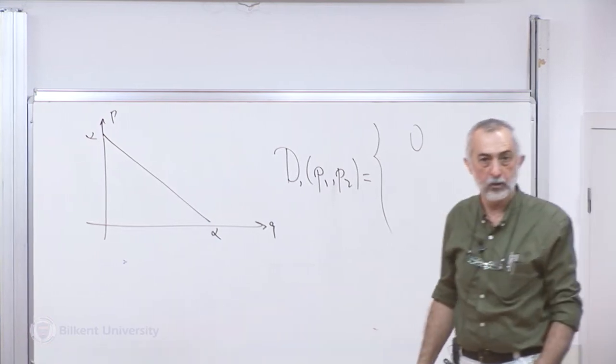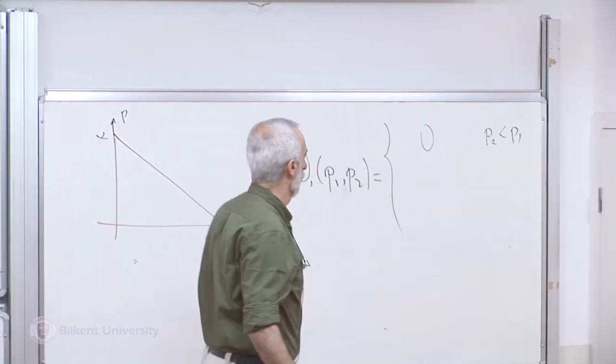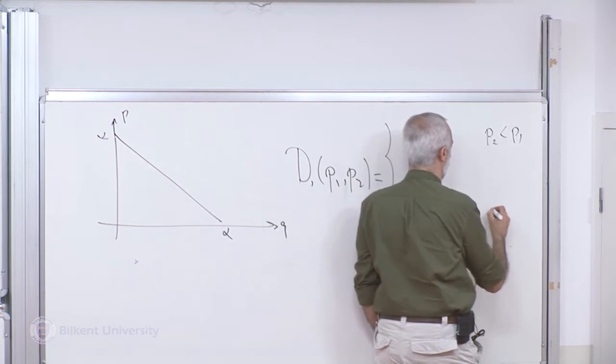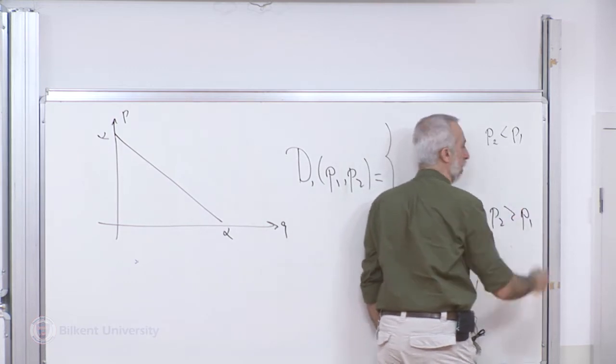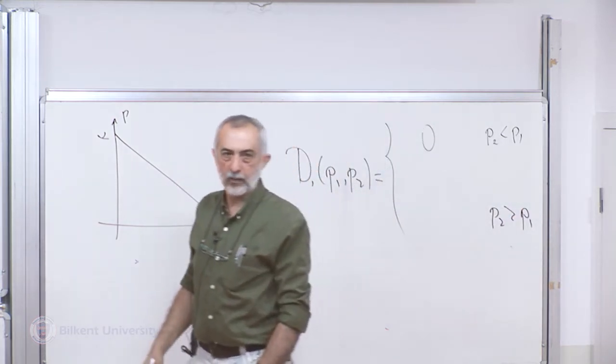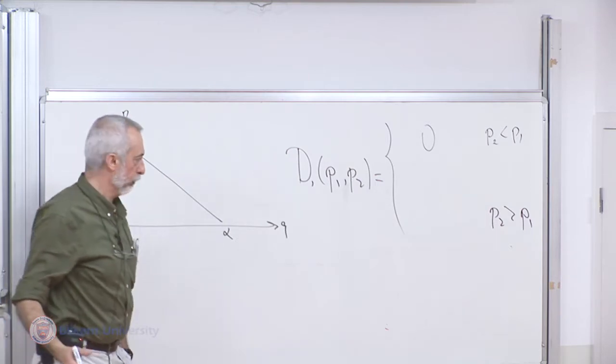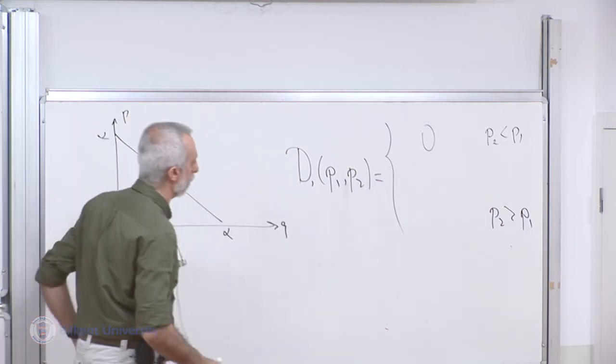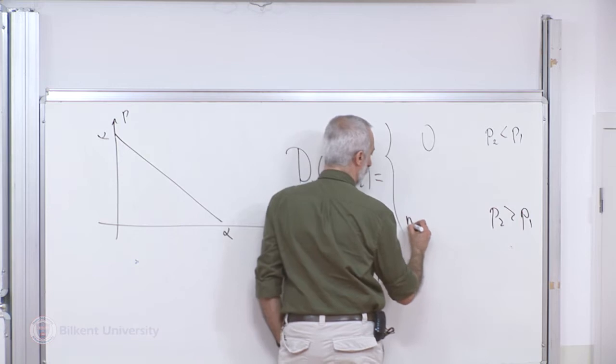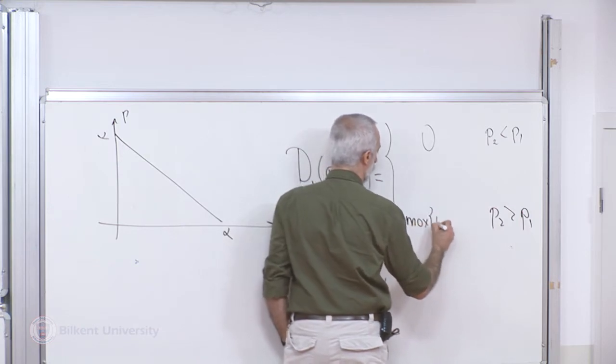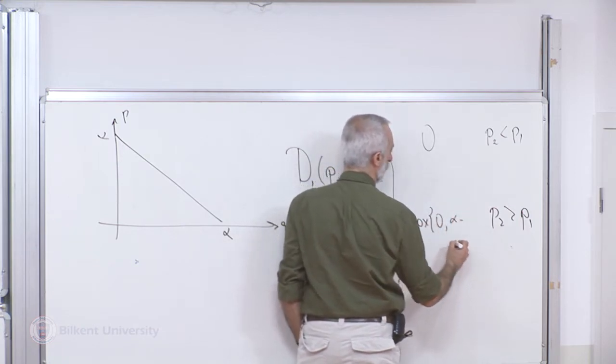Everybody will buy from firm 2. What if p_2 is bigger than p_1? Then everybody will buy from firm 1, so you will get the whole demand, which is the maximum of 0 and alpha minus